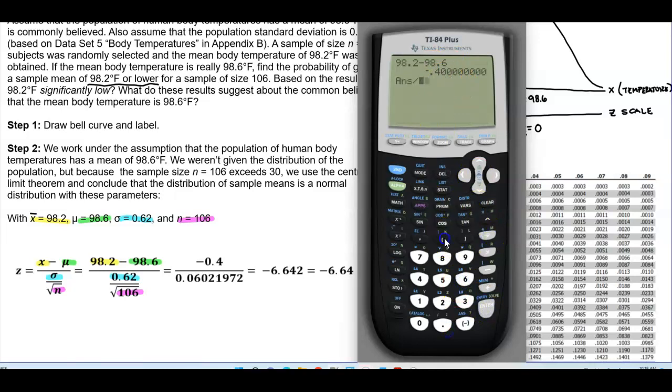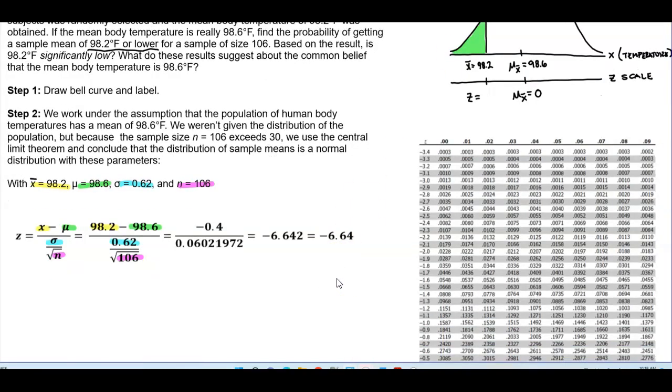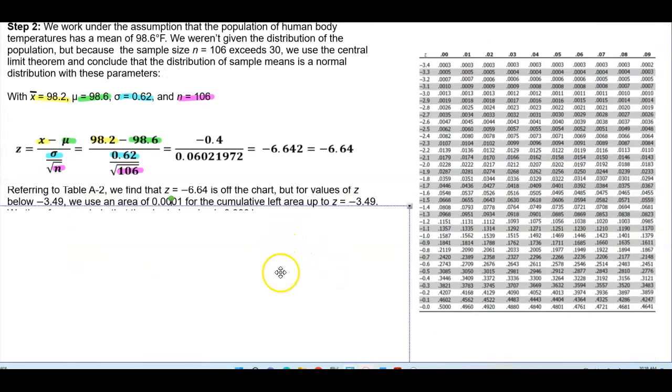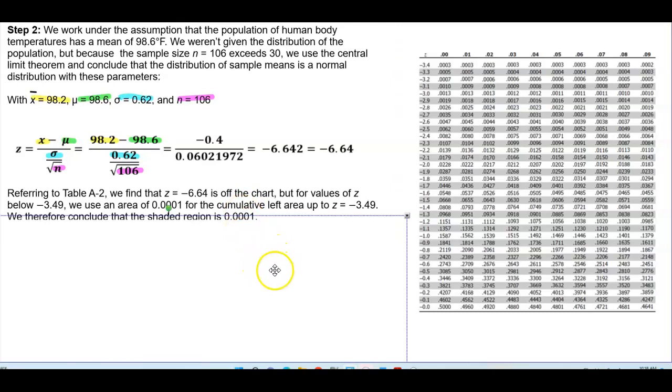Then we're going to divide that, putting in parentheses, 0.62 divided by the square root of n, which is 106. Move to the right, close the parentheses, and then we should get negative 6.642, and rounding it to 2 decimal places gives us negative 6.64. So if we refer to table A-2, we find that z equals negative 6.64